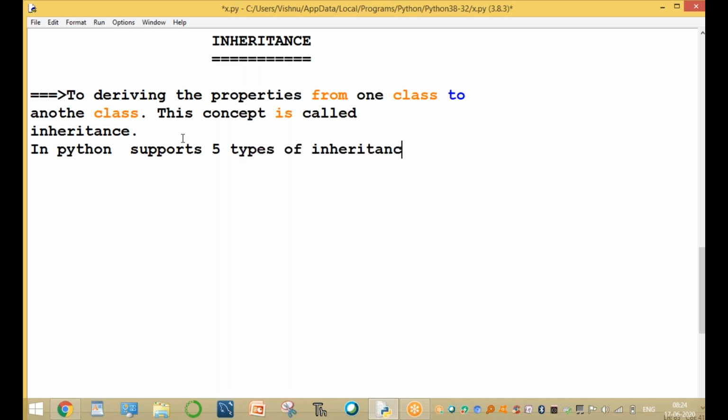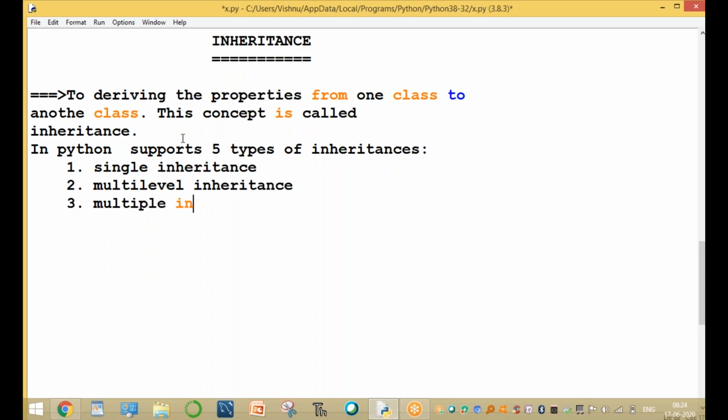These are: number 1, single inheritance. Number 2, multi-level inheritance. Third, multiple inheritance. The fourth one is hierarchical inheritance, and the fifth one is hybrid inheritance.